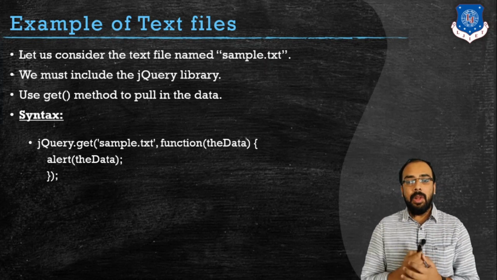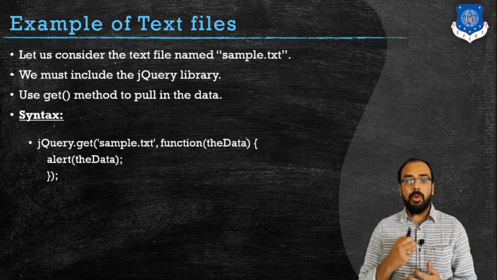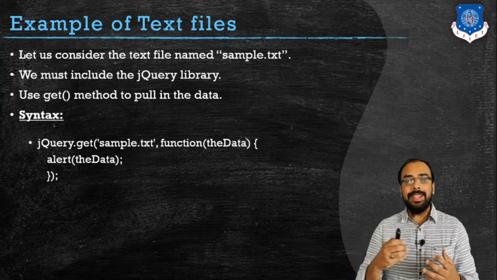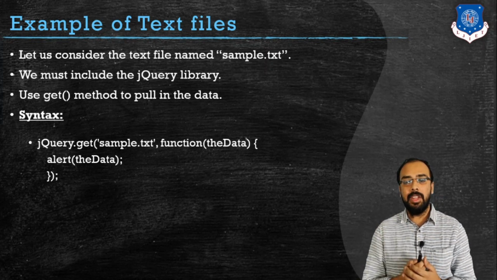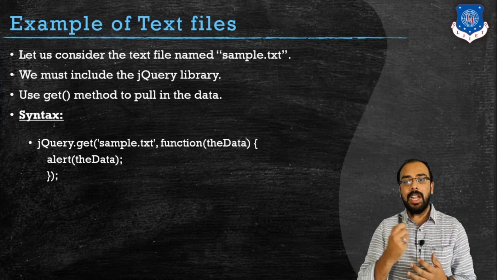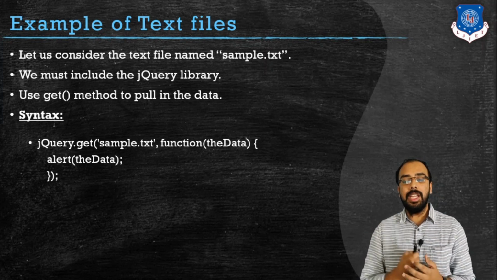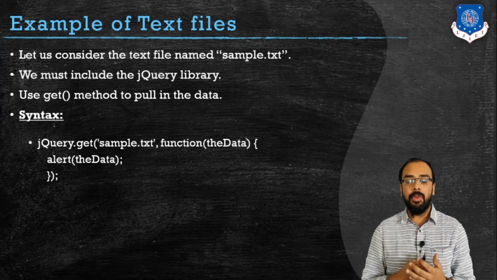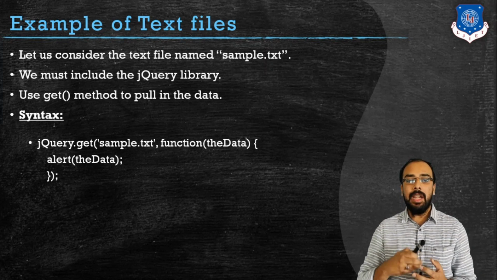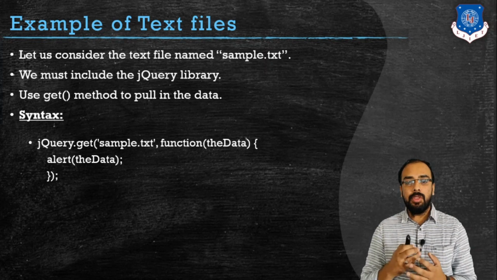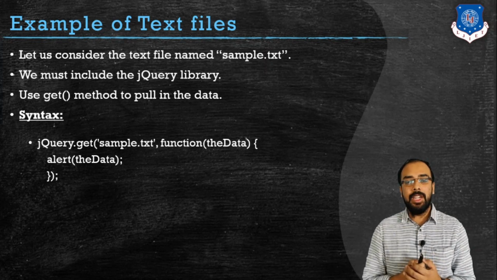But nowadays browsers have become so responsive and updated that direct reading of a text file using this get function, if you run it directly, will give you an error of displaying the content. So in this example, we will observe how the code works and what the output will be. Running of this program is right now not possible. So what will be the output?